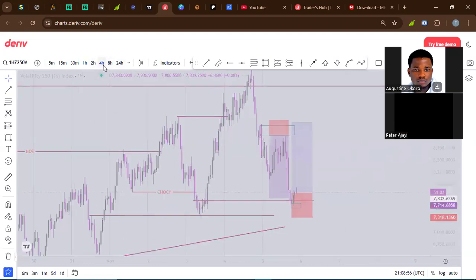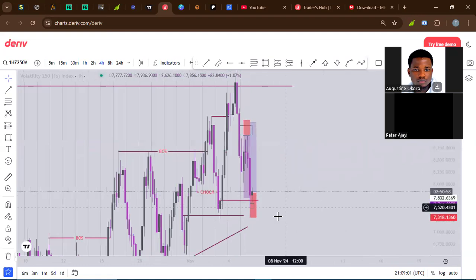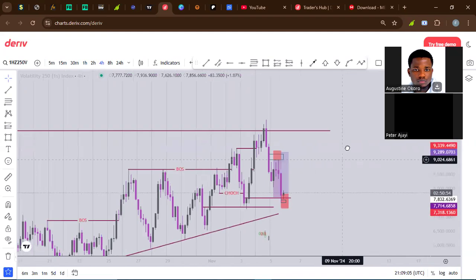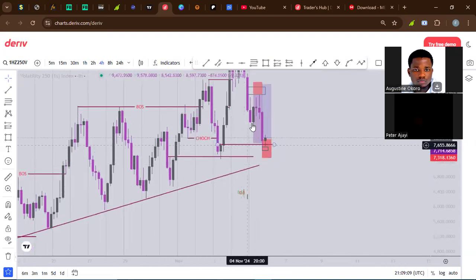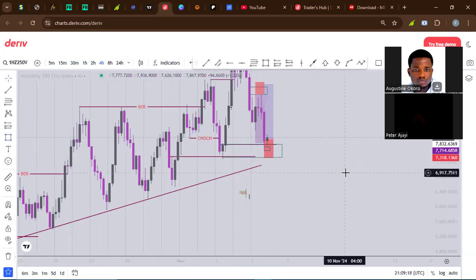You can join the buy because we are currently on an order block. There is a 4-hour order block. That's the place I took the entry from. With the 4-hour order block, I already know where the market is going next. You can see this order block, I can just use this as an order block. I can still use my trend line, so depending on what you love.